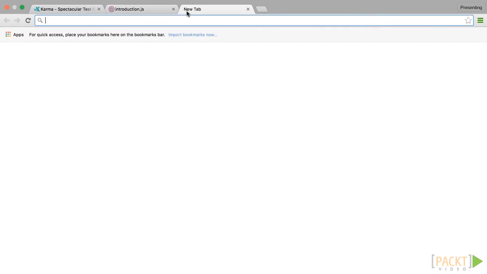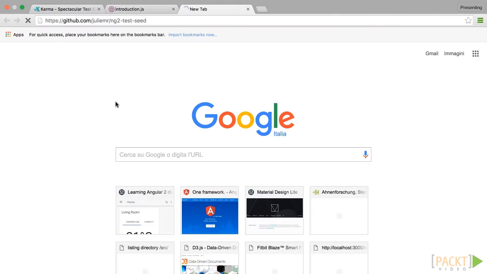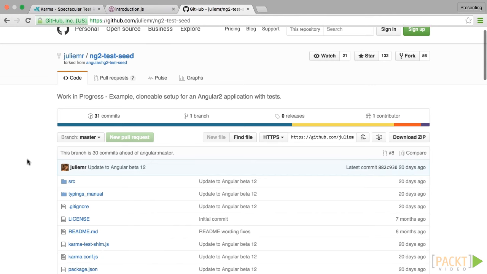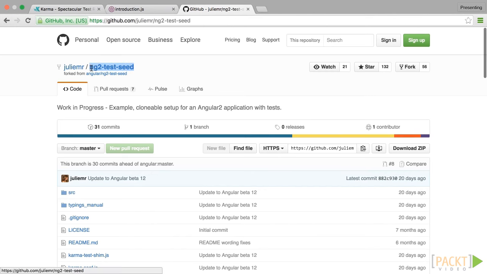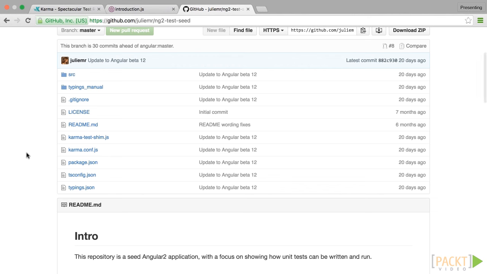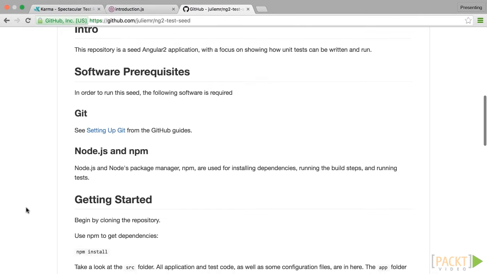Also, a good starting point with Angular 2 and Karma is Julie Ralph's repository. Julie is an Angular 2 core member and is in charge of everything about testing. She's also the one that's actively working on the Protractor project, which is a Selenium-based UI testing tool for Angular. And her repository, the ng2 test seed, contains some quite valuable information on how to set up Karma unit tests